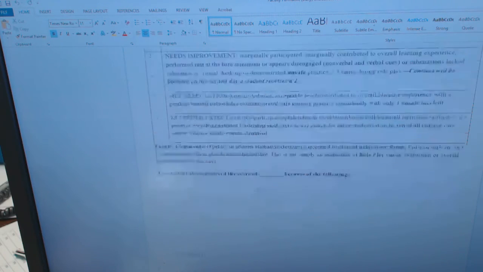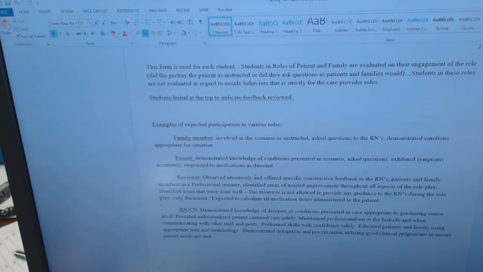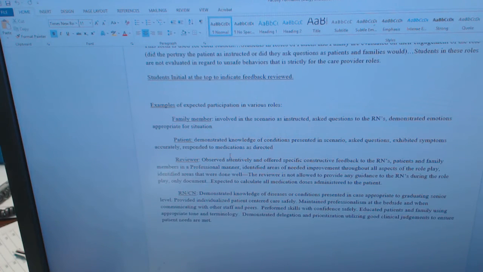But you can read this, and then on the second page, this is just a guide for the faculty, and for you guys to know what some of the roles are and what your expectations are. So we use this for every student, and we look at, if you're the family member of the patient, did you do these behaviors and demonstrate knowledge of the condition? Did you ask questions like we asked you to? Did you exhibit the right signs and symptoms, or did you demonstrate emotions that were appropriate for the situation, and so forth? And charge nurse,